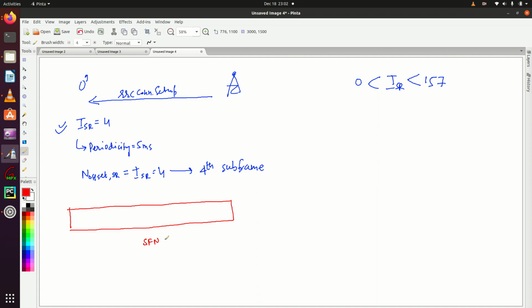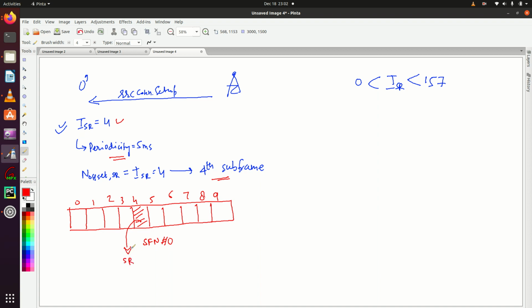In an LTE system frame there are 10 subframes, right? 0, 1, 2, 3, 4, 5, 6, 7, 8, 9. With all this configuration we have found the periodicity and offset, that is the 4th subframe. So the 4th subframe is this one. Here the UE can send the scheduling request.